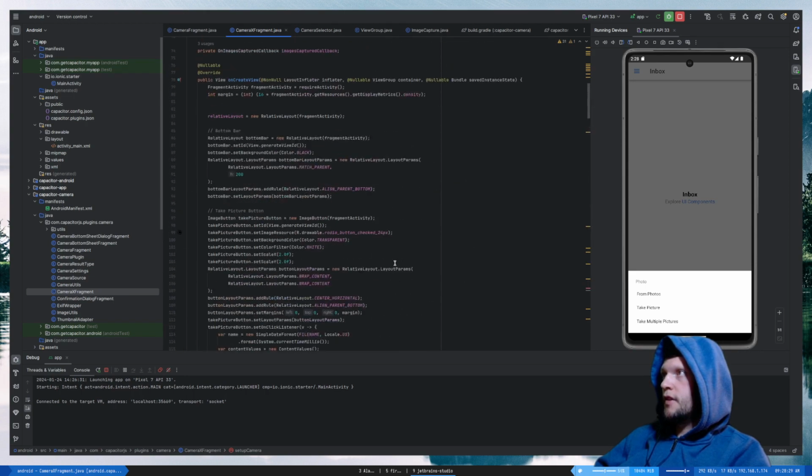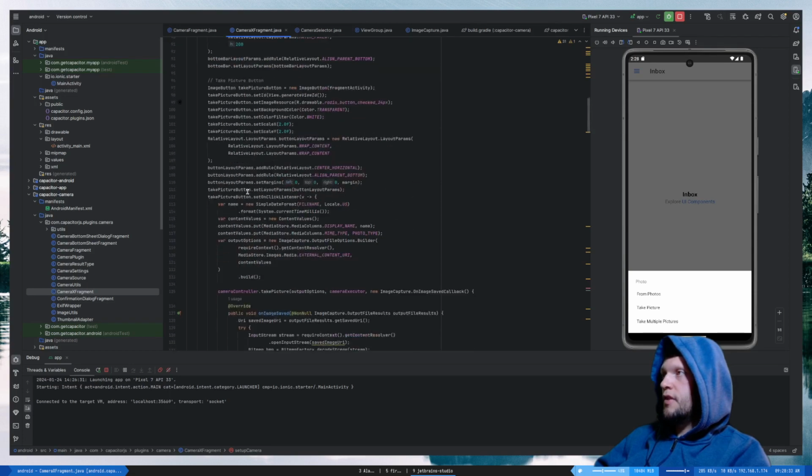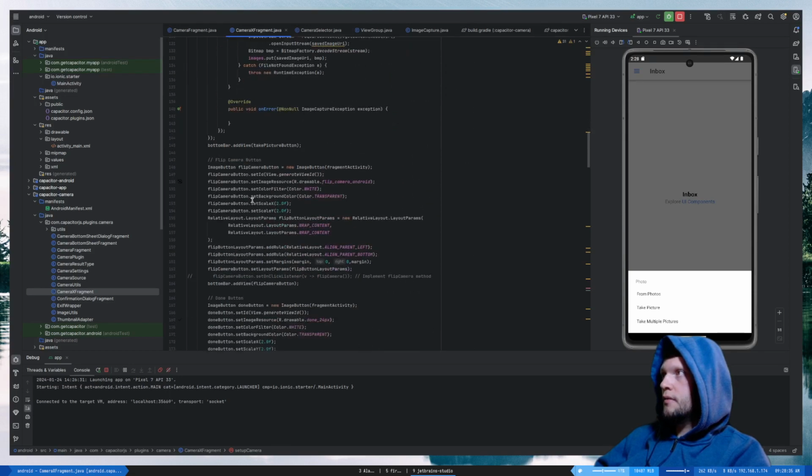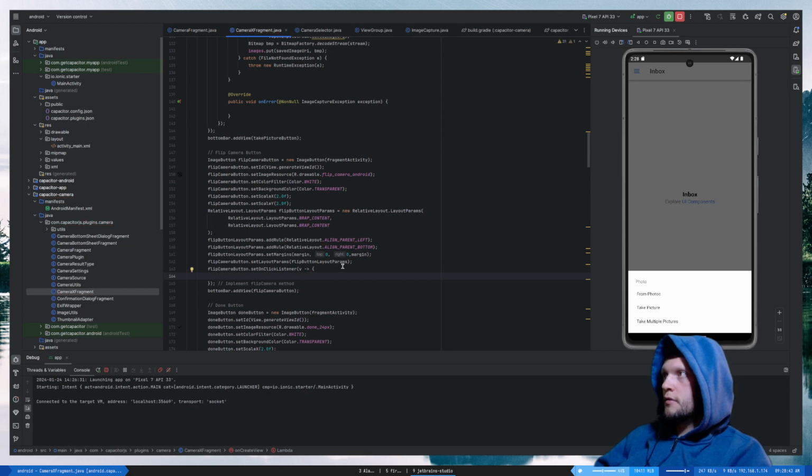Cool. So then when we click the flip camera button, we can just do